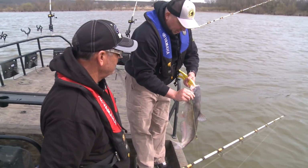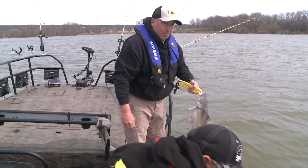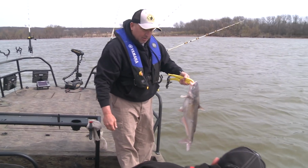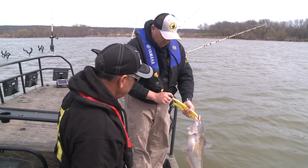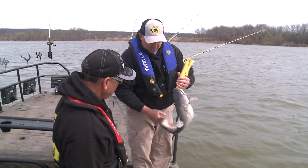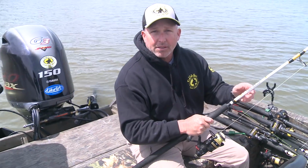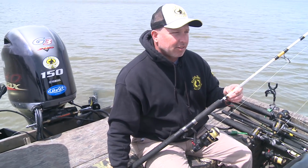Manage your fish is what I like to tell everybody. Yeah, there you go. From this point right here, you can put him in the live well. Got a hole, you can weigh your fish with the scale, take your picture, get all cheesy and everything. There you go. Now let's talk a little bit about the equipment that we're using out here on today's catfish